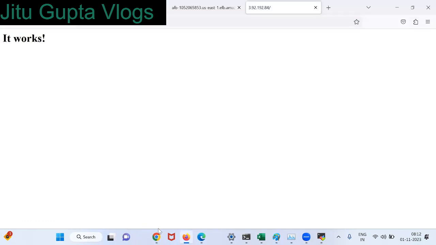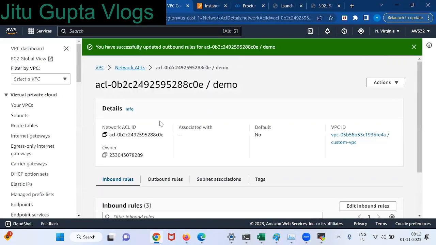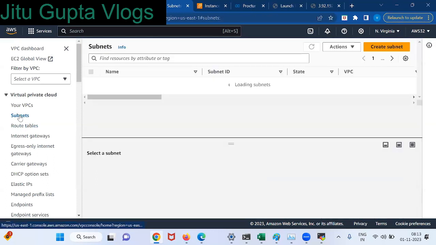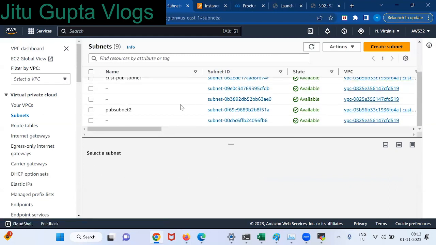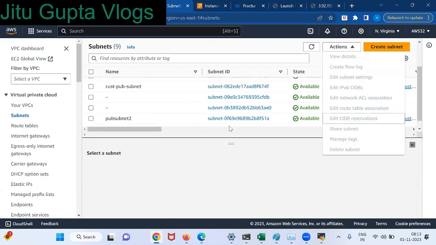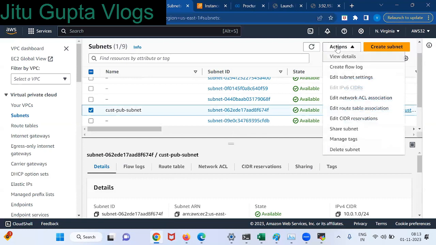Where is this? Someone has asked one question. Subnets? Okay. What do I need to do in the subnet? What actions? Custom public subnet. Actions. Tell me. Edit network ACL association.